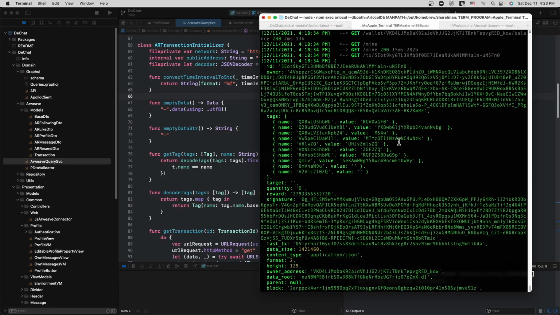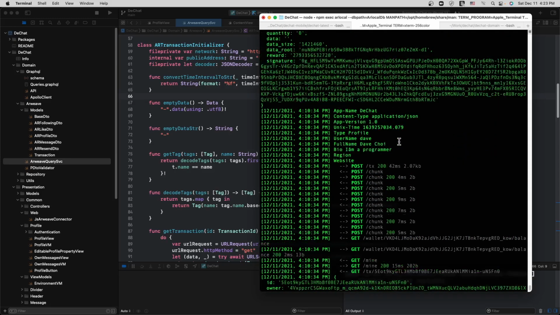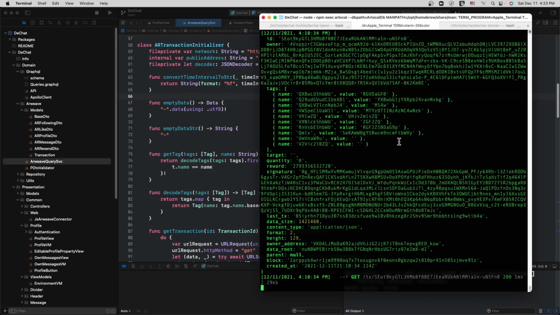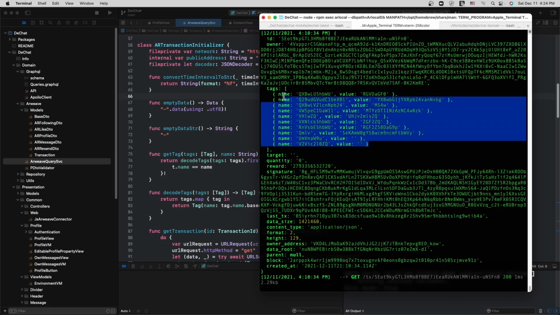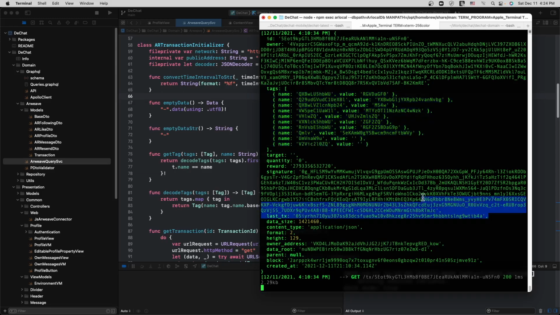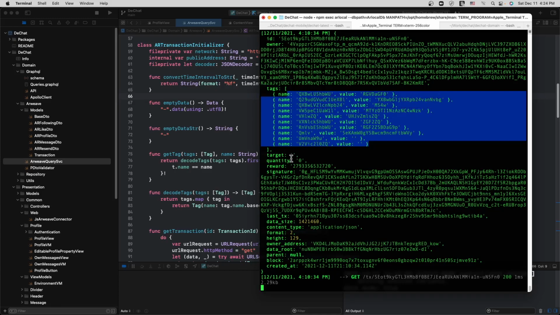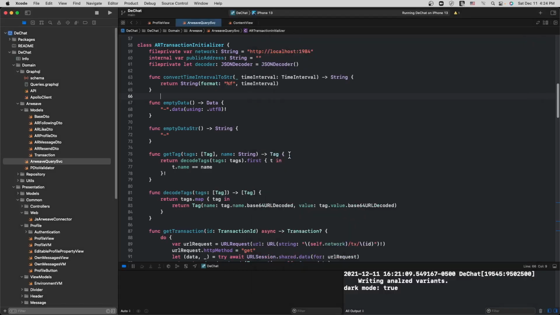So this is a local Arweave instance as a test. As you can see, it's logging right now every time I do a query or I post a new record. And as I mentioned before, everything is base 64 URL encoded. So if you're using the non-GraphQL interfaces, you do have to decode everything. Just keep that in mind.